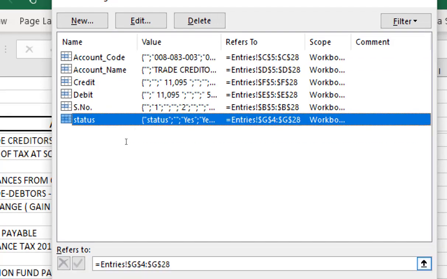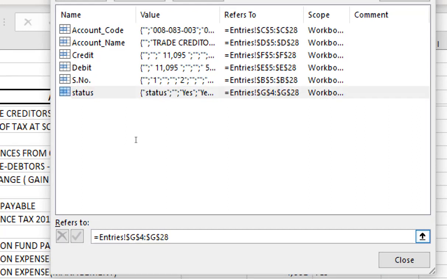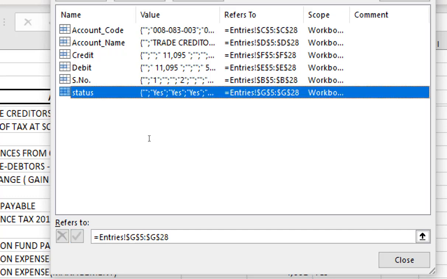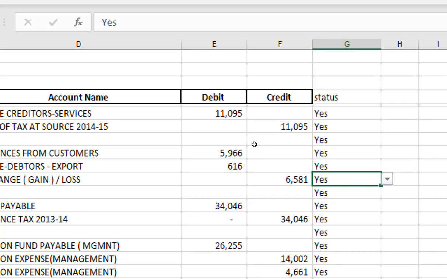So we need to correct this, that our status name range should start from the 5th row and end at the 28th row. So instead of 4 I am writing 5. You need to make sure that all the name ranges start from the same row and end at the same row, so that all the results come properly.